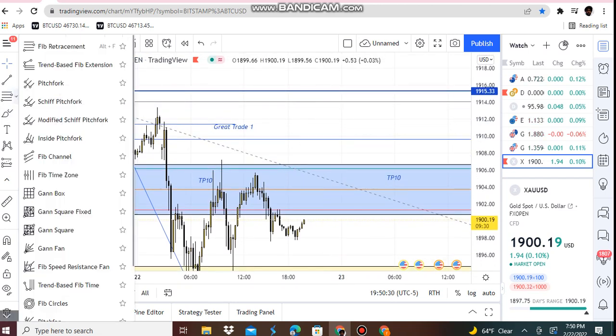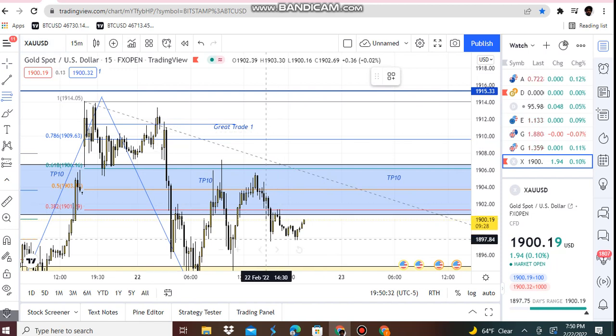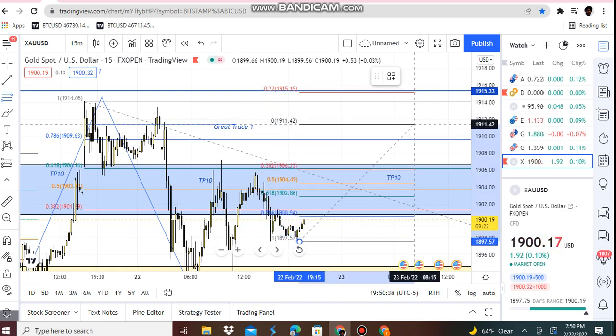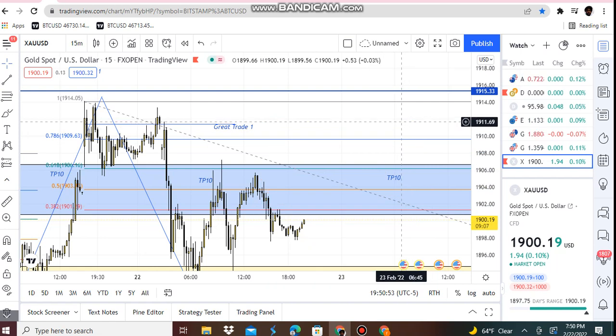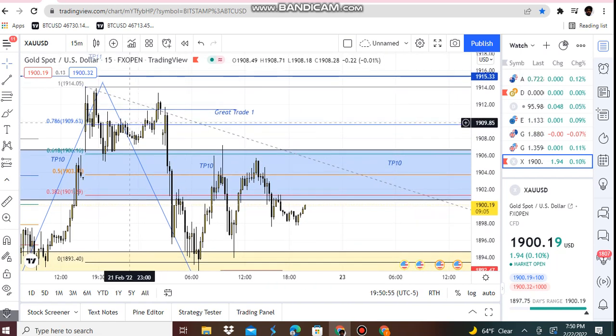We will draw our Fibonacci. You could either draw it from here all the way up to at least take profit 11 or great trade 1, which will be at 1911, or we can draw our Fibonacci from the lowest point that price went to before heading back up,